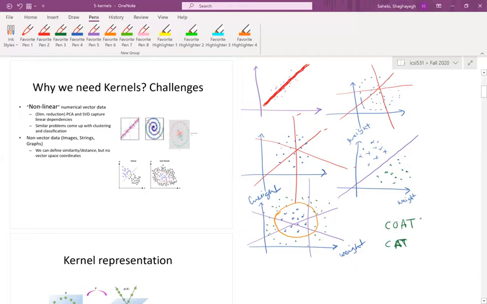What I can do is represent the similarities between coat and cat easily. For example, I can find the edit distance between these two. I can go from coat to cat by removing an O, so there is one insertion or one deletion distance between these two, otherwise they are similar to each other. But it is really difficult to have a vector representation of coat or cat that also has this order in